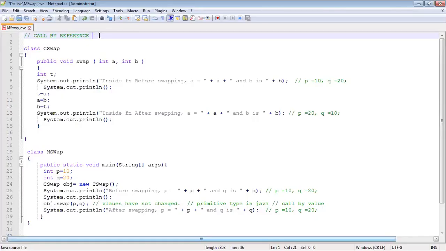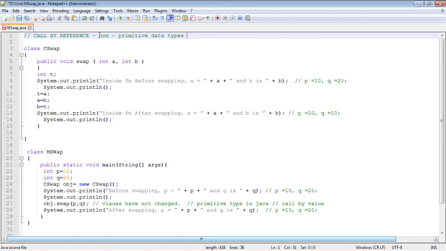Now if in call by value you pass primitive types, in call by reference, what should you be passing, Anushri? Non-primitive values. Yes, you should be passing non-primitive data types, like class, object.